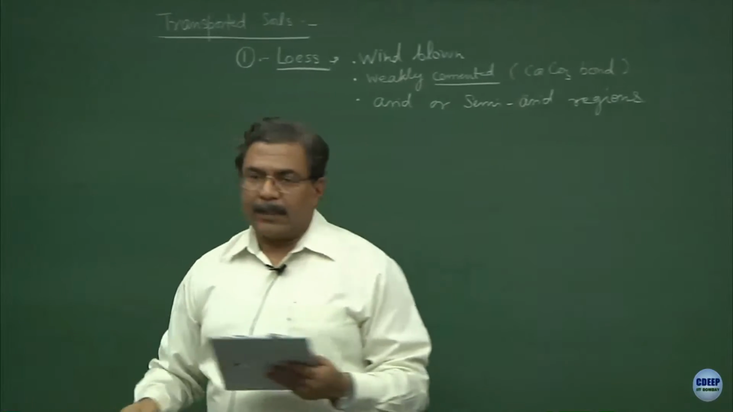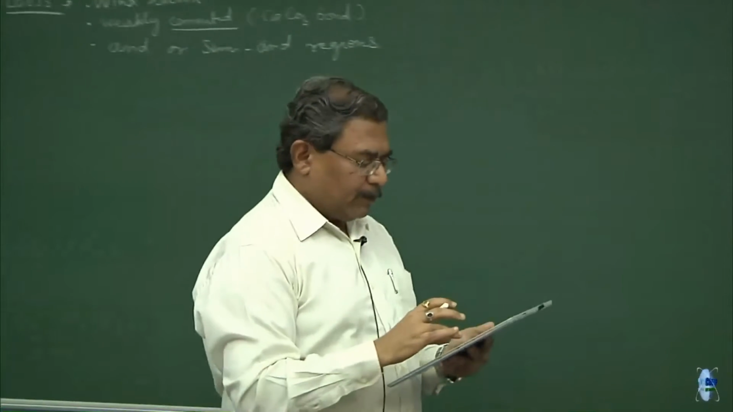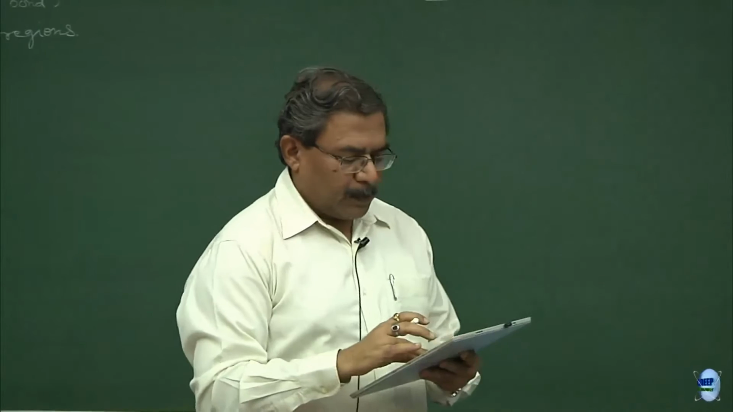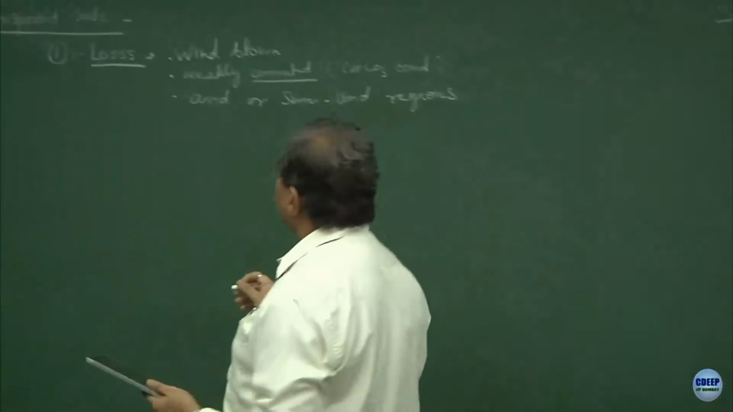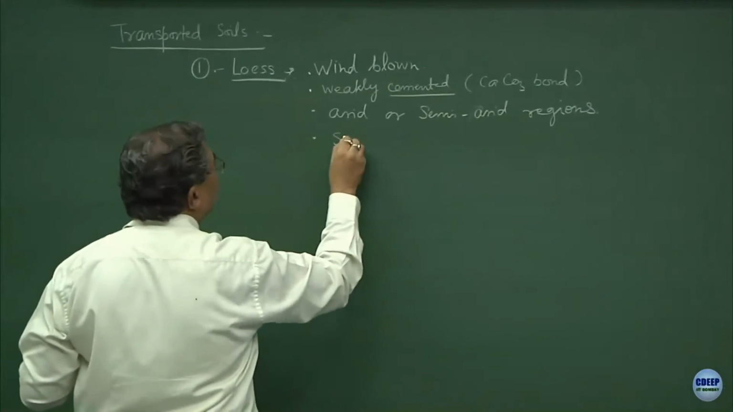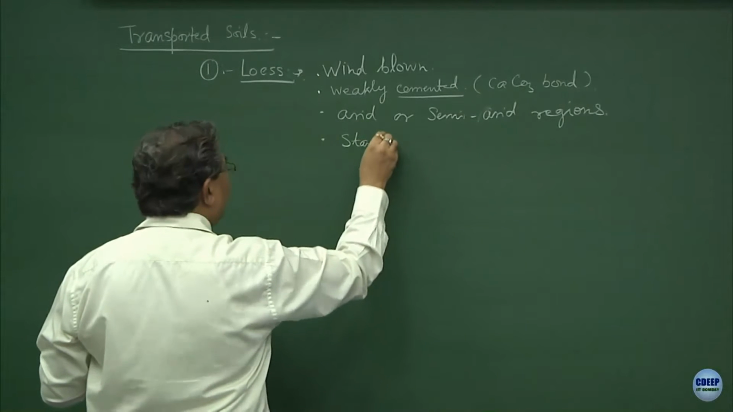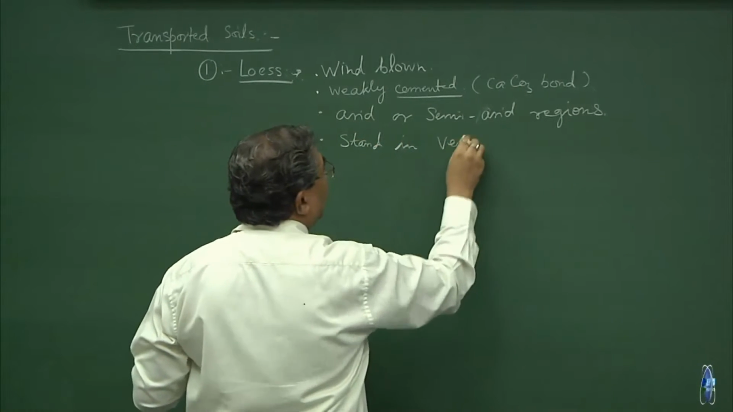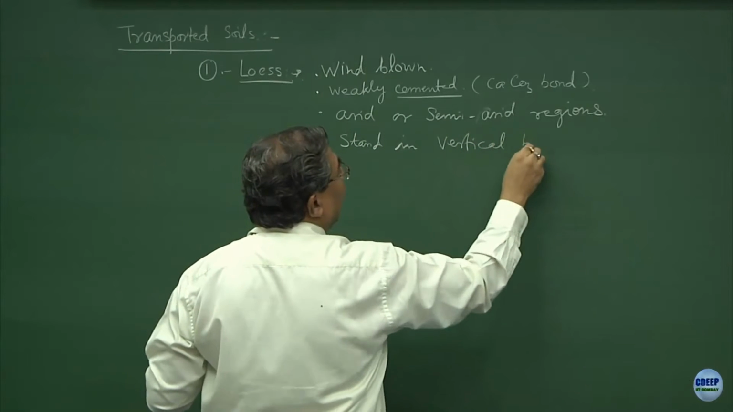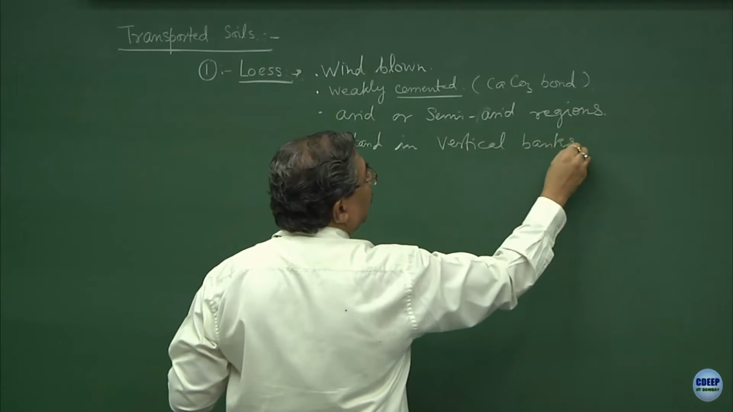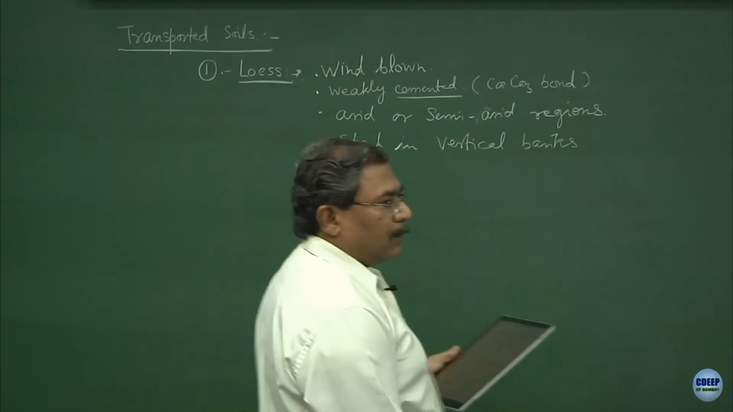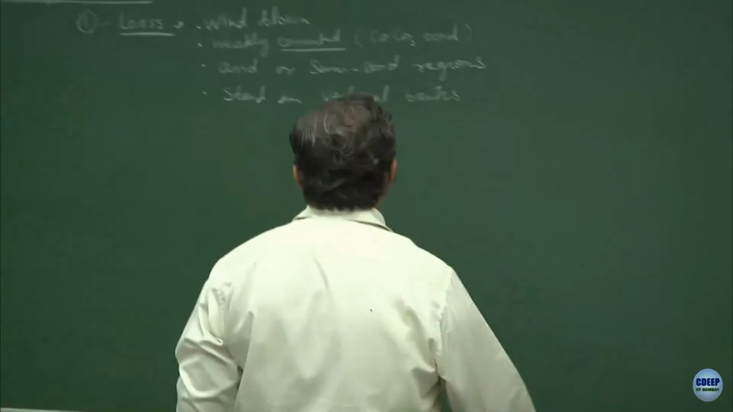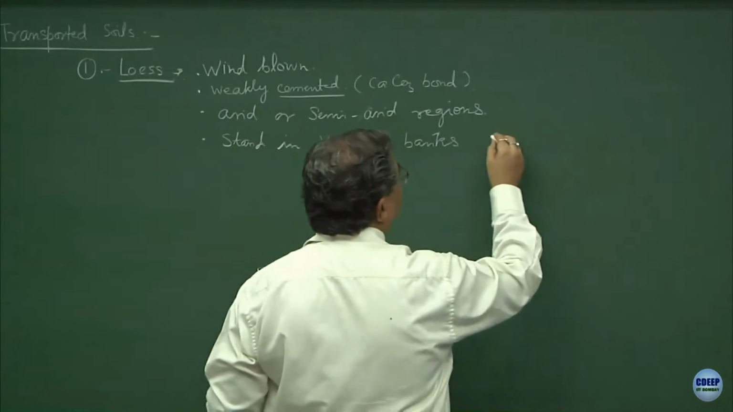Arid regions are the ones where you have a dry climate, particularly like deserts, and the beauty of these types of deposits is that they stand in almost vertical banks. So, most of these deposits are almost vertical. So, if you see the sand dunes,